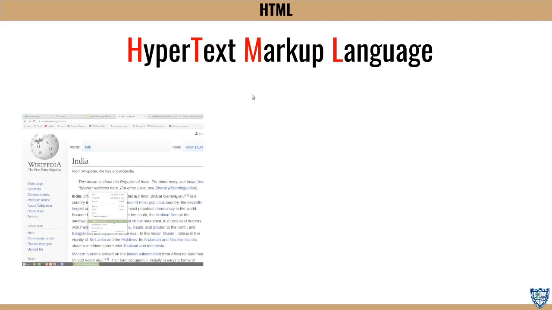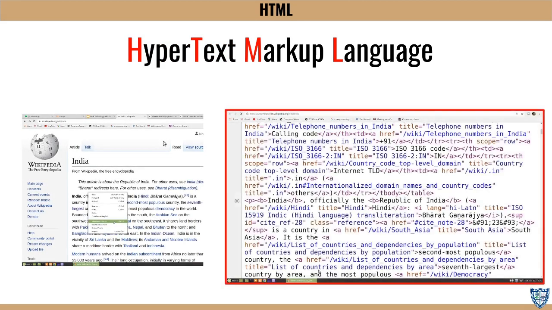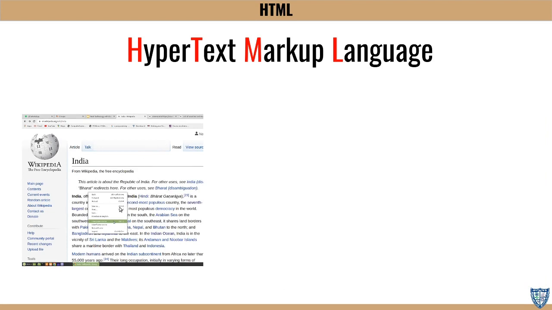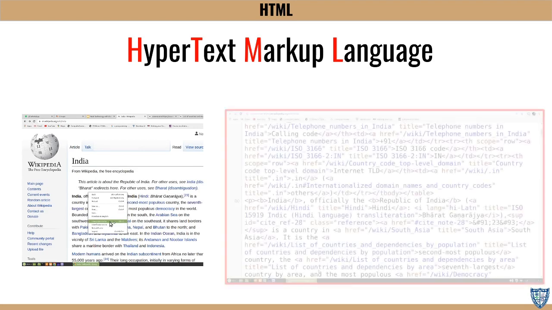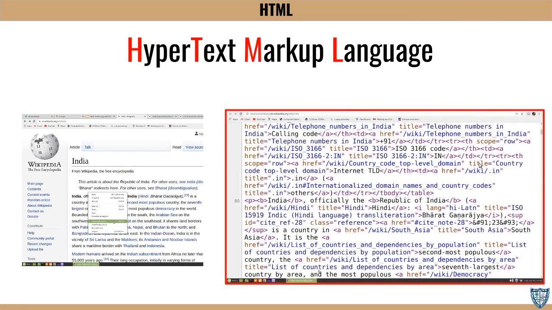In other words, if this is the web page, you can right click on the web page and choose view page source. When you click on that, you will see something like this. You can try this with any website and you will see the code behind that web page. And this code is Hypertext Markup Language. This is very difficult to read, but we will take some portions of that.